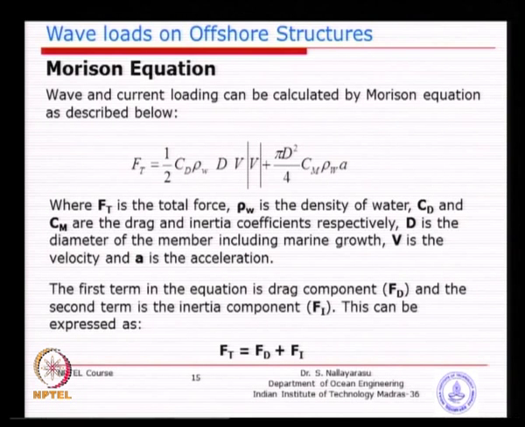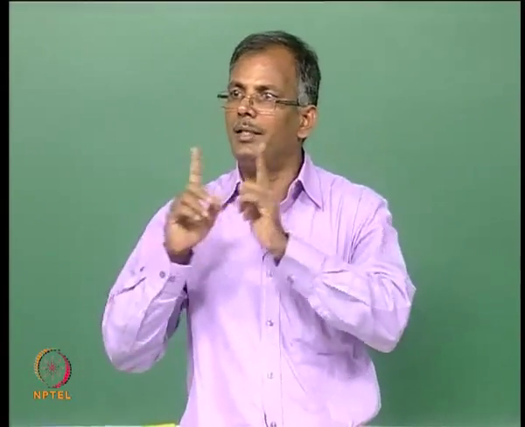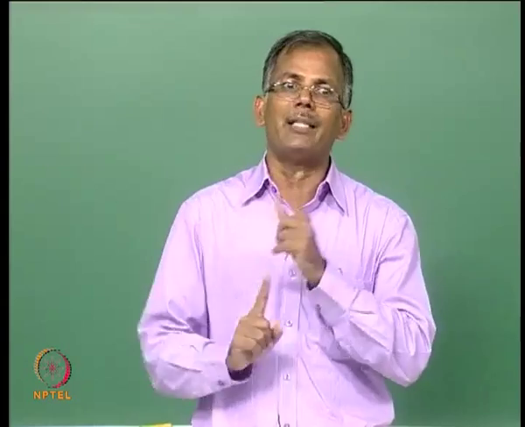Now, we want to find out at what instant of time drag will be maximum, we do not know, because when the drag is maximum, the inertia is 0, because you saw the equations for velocity and acceleration: the horizontal velocity will be maximum at the crest, that will be the maximum velocity. You can just calculate that at that time acceleration is 0, whereas when you go to another place at the trough or at the quarter point, the acceleration could be maximum, but at that time velocity is 0. So, there could be a potential place where the combined effect of velocity and acceleration will give you the maximum force, we do not know.